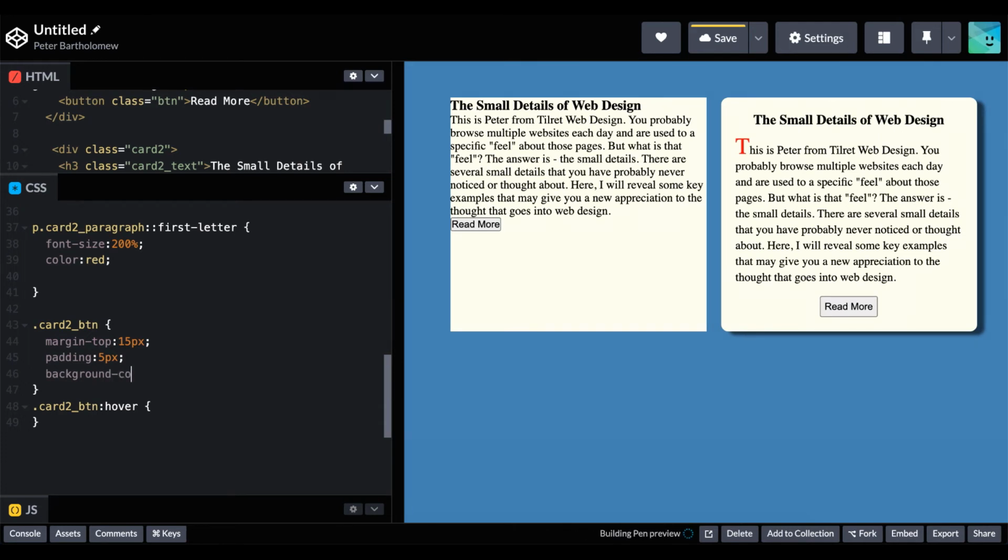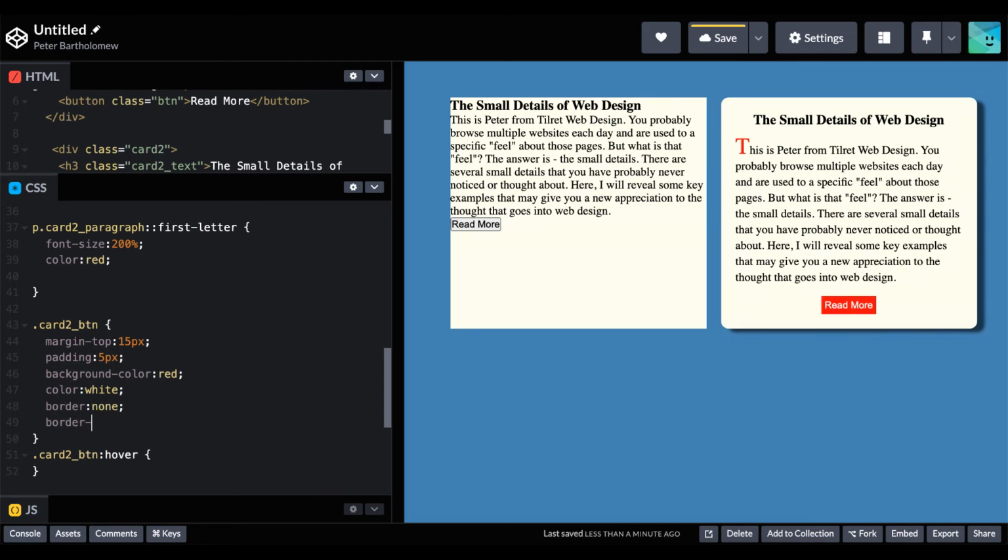Then you could style that with some background color, make it red, and change the font so it stands out, make that white. Now you'll see buttons have this default border, so we want to get rid of that. We'll just put border none. And then we have a styled button. And as I showed previously, we can round off those corners, so let's just give it a 5 pixel